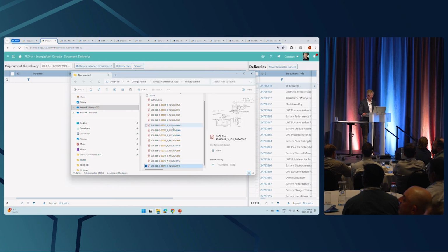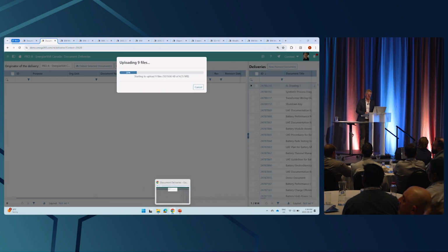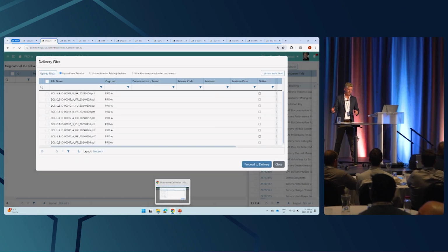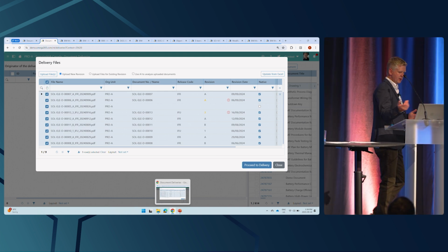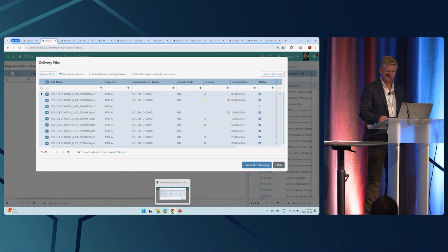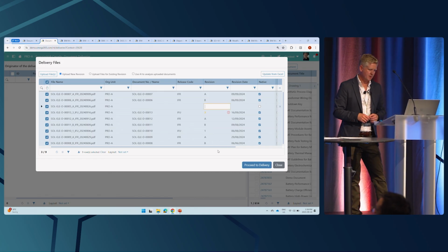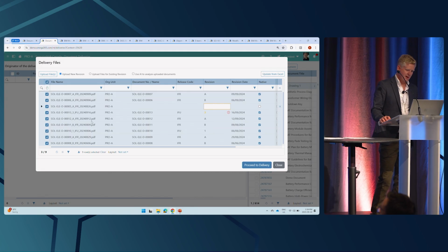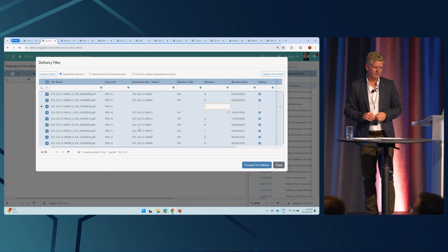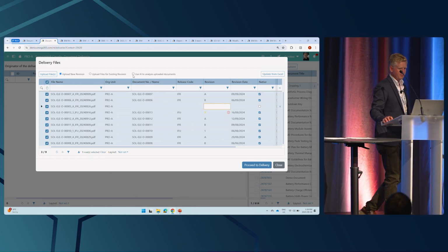Here I have some nicely defined documents with names and so on, and we'll load up those. If it's named nice and clean, we'll suck out the metadata if it matches. If, like here, revision A is red, it probably means there has been a review before, so this must be revision B, and so on. I had them nicely named, but a lot of the times we don't have that option, and we just get the file names. Then you can just click off this one, use AI analysis on the uploaded documents,